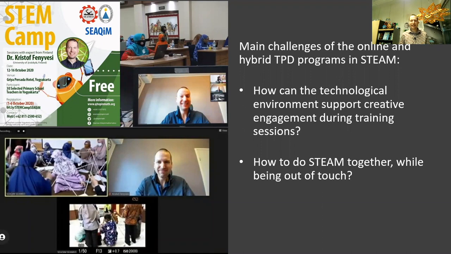But as you can see in these pictures, even hands-on activity is not impossible to motivate and induce through technology in this kind of online connection.